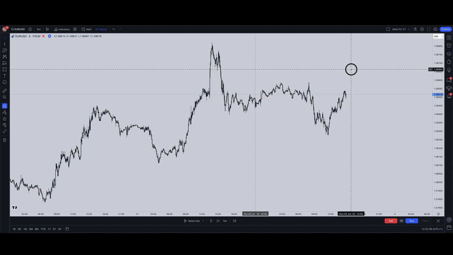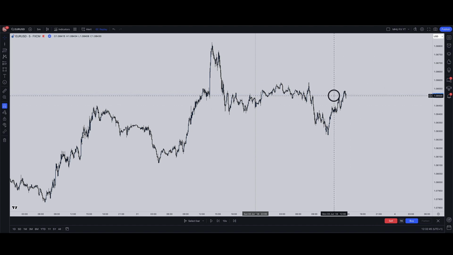You guys know that if I am bullish, then I like to jump in when price runs a low and then take it to a high. And if I'm bearish, I like to jump in when price runs a high and then take it to a low. But sometimes there are going to be days where you're busy, life gets in the way,